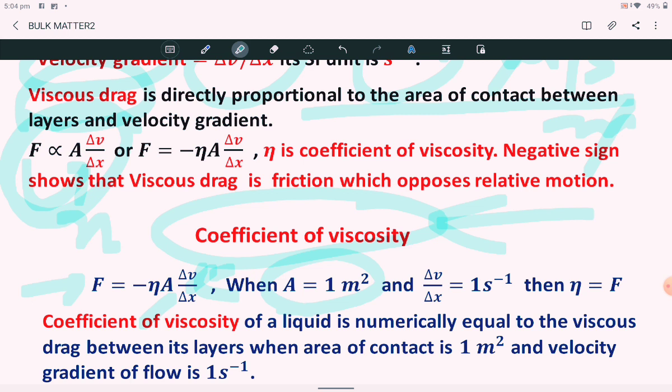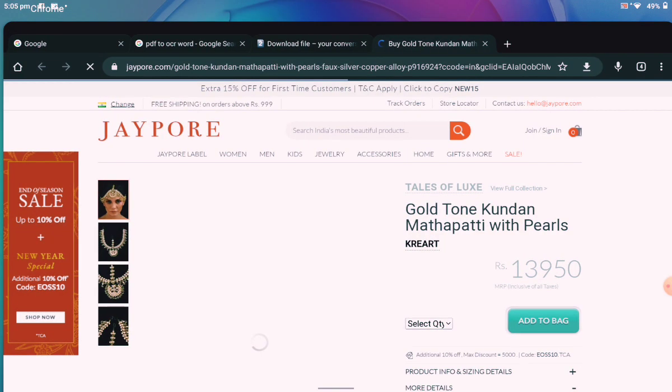So the area of contact between the two layers is 1 meter square, and the rate of change of velocity with displacement is 1 per second. In that case we will find that eta is equal to F. So the statement of coefficient of viscosity is that it is numerically equal to the viscous drag, that is the force between the two layers, when area of contact is 1 meter square and velocity gradient is